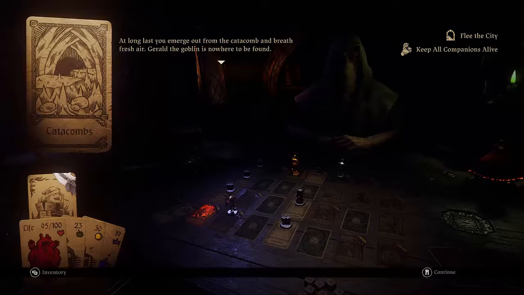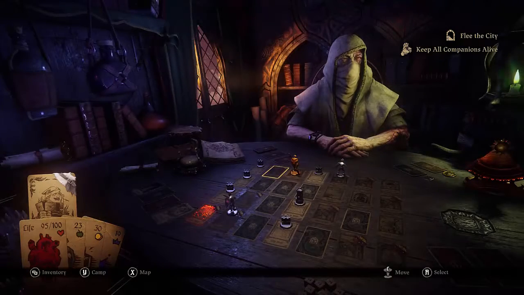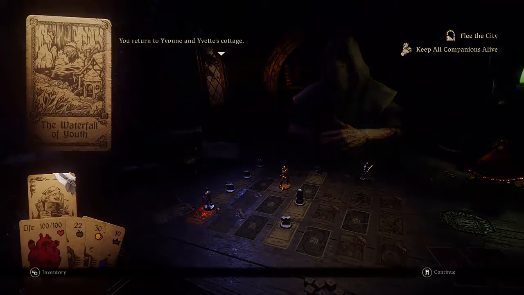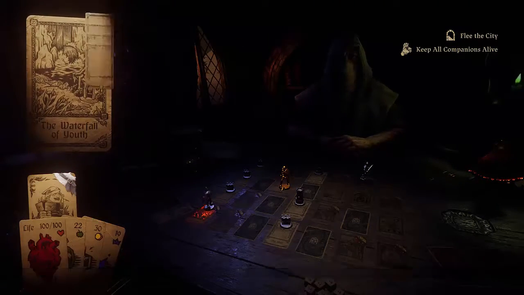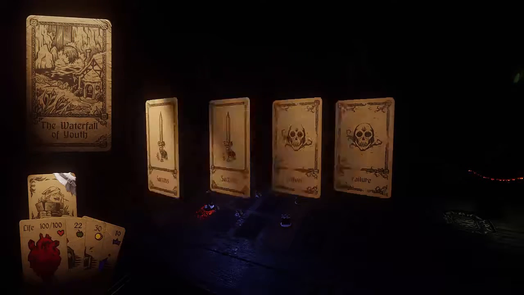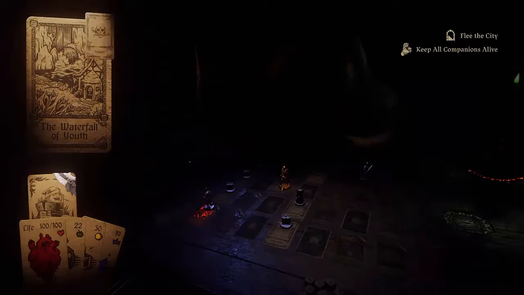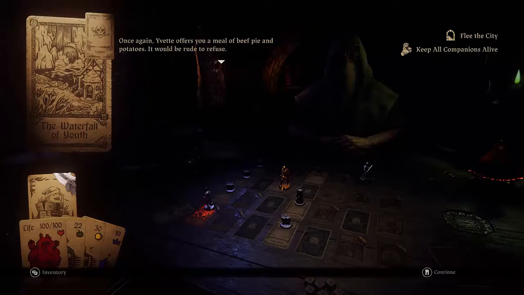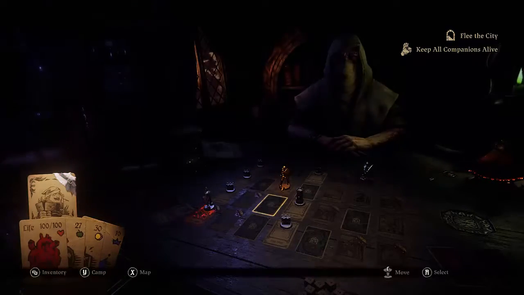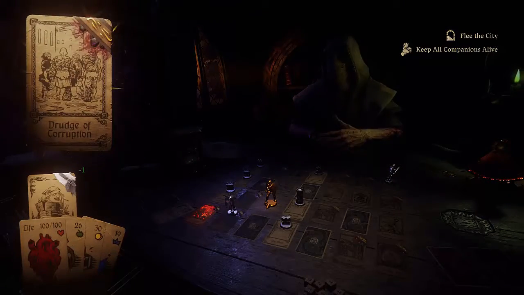Long you emerge out of the catacomb and breathe fresh air. Geralt the Goblin is nowhere to be found. You return to Yvonne and Yvette's cottage. No, it's fine. Alright, we should get some food. We do. Still wondering what we get if we succeed, but...